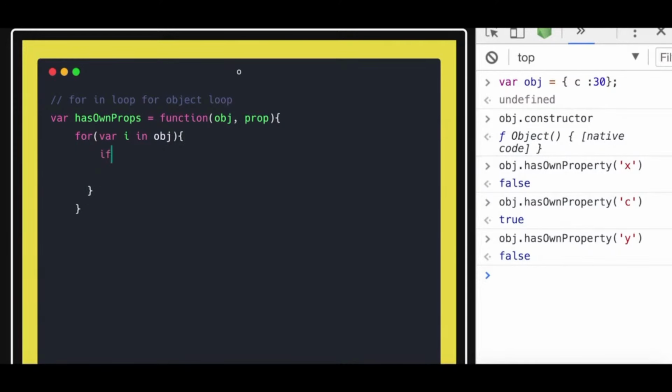So what we can do, if the key of an individual object is equal to prop, in that case we can just return true, or at the end of this we can just return false. Okay, so what this is doing is just checking hasOwnProp, whether that particular object is having that property or not. And how we can call this, we can just call